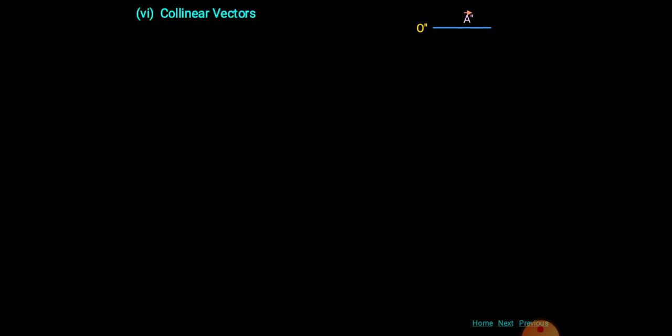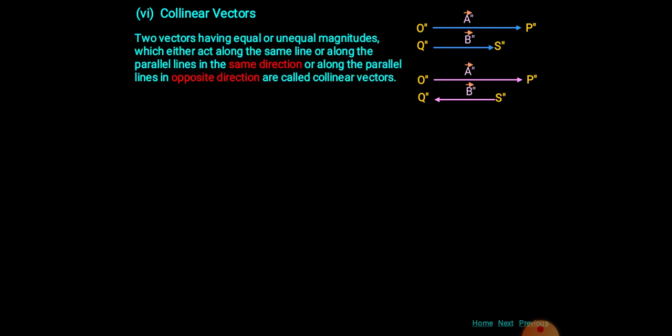Now try to understand the collinear vectors. Here we have taken the vectors A double dash and B double dash. If you see the first figure, their direction is the same and their magnitude is not equal. And in the second case, their directions are opposite and their magnitude is also not the same. So the two vectors have equal or unequal magnitude,